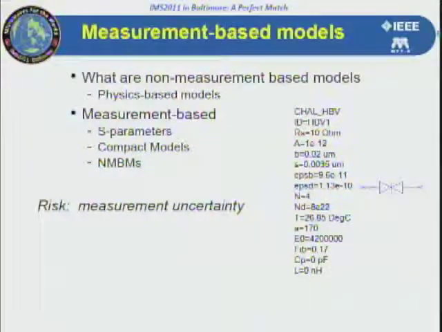Physics-based models are a rather straightforward way. So instead of taking measurements and filling in model parameters, whatever those model parameters might be, we take physical attributes of the devices that we're using. In this case, things like doping levels, junction depths, contact resistances, physical parameters that we can get from the manufacturing process,